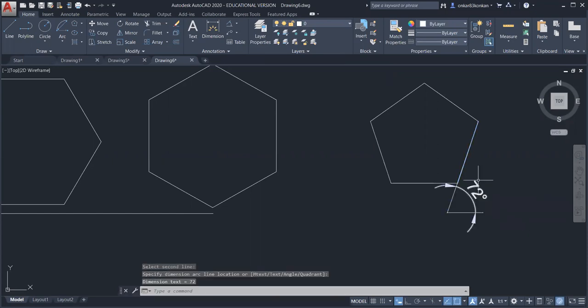So instead of 72°, students have shown the dimension as 40°. Okay, so this is not the case given in the problem. 72° represents the angle of the side of that polygon with respect to its base side. Okay, so what is the condition given in the problem,